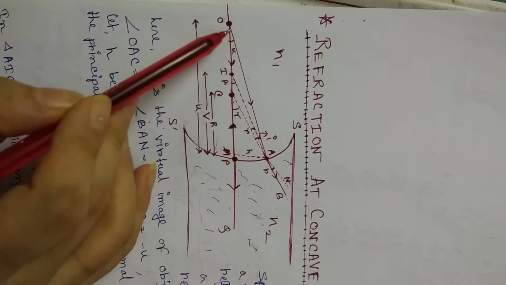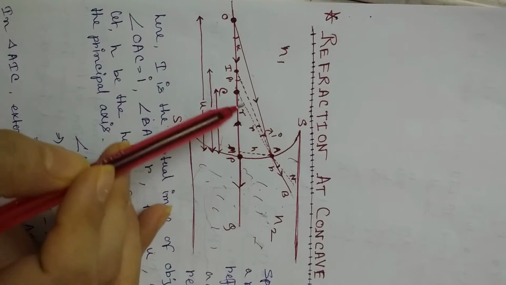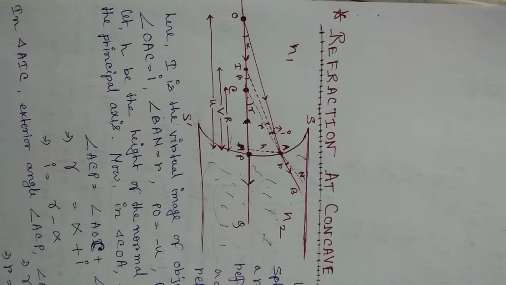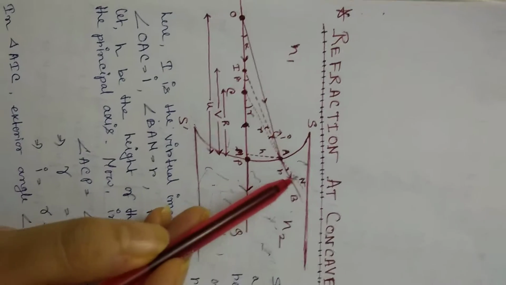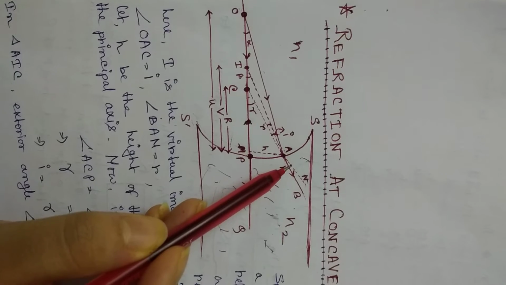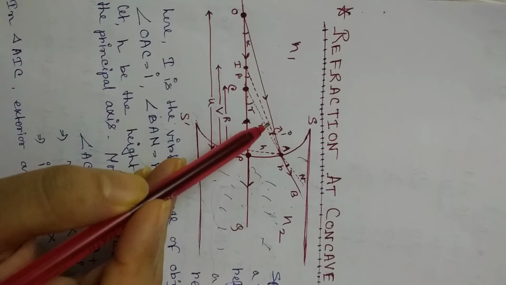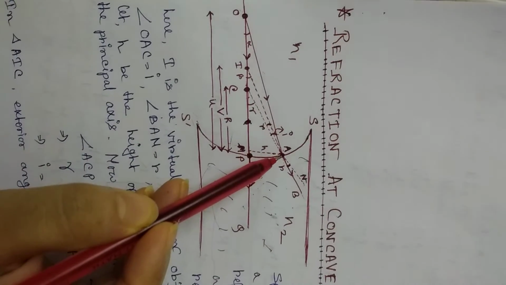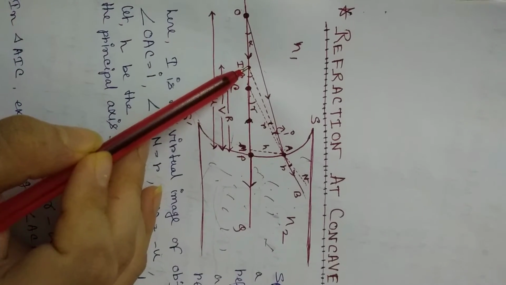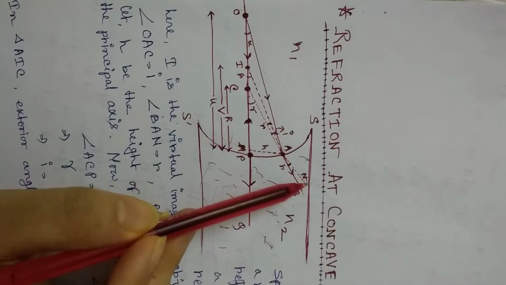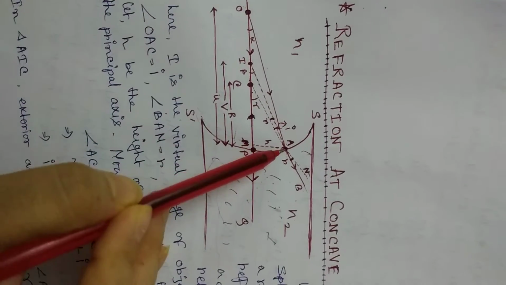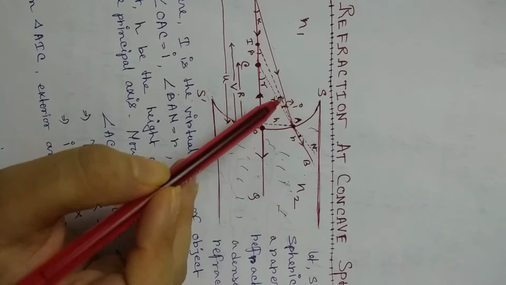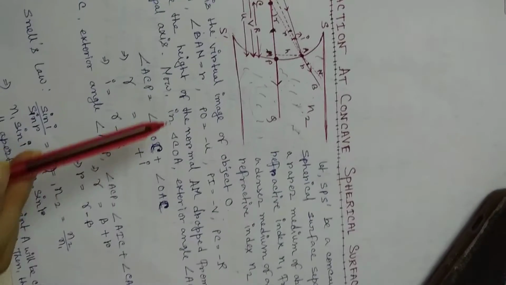Now angle OAC equals I, because this is the incident angle, right? The angle between the incident ray and the normal. And NAB is R, which is the refracted angle. If this one is the refracted angle, then this one is also R. Just look at here, these two straight lines, IB and CN, intersect at point A. That's why these two angles are opposite angles, and if this angle is R, then this one is also R.